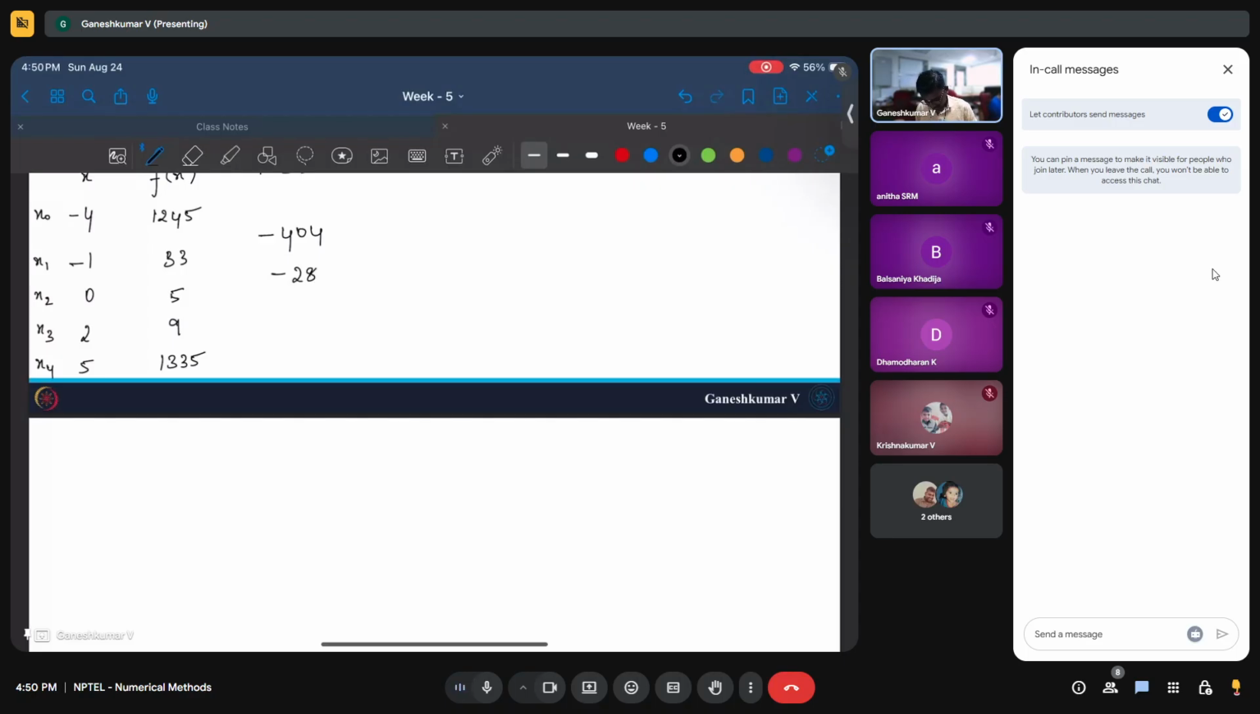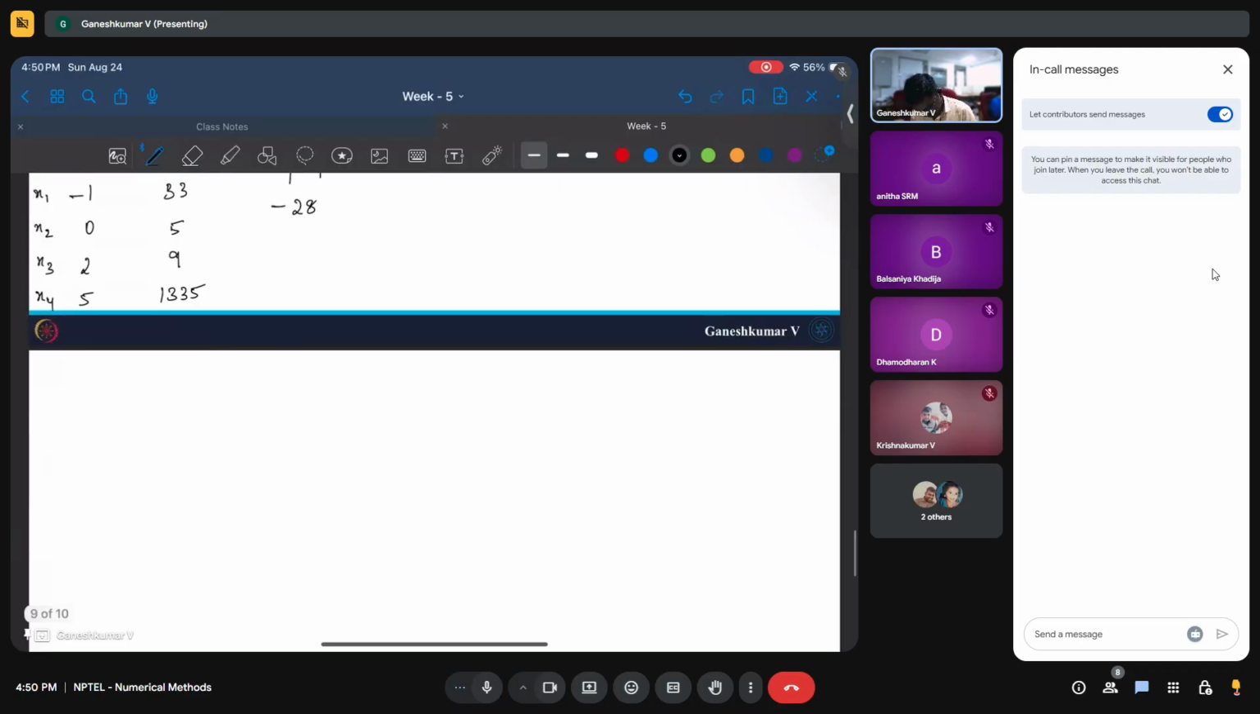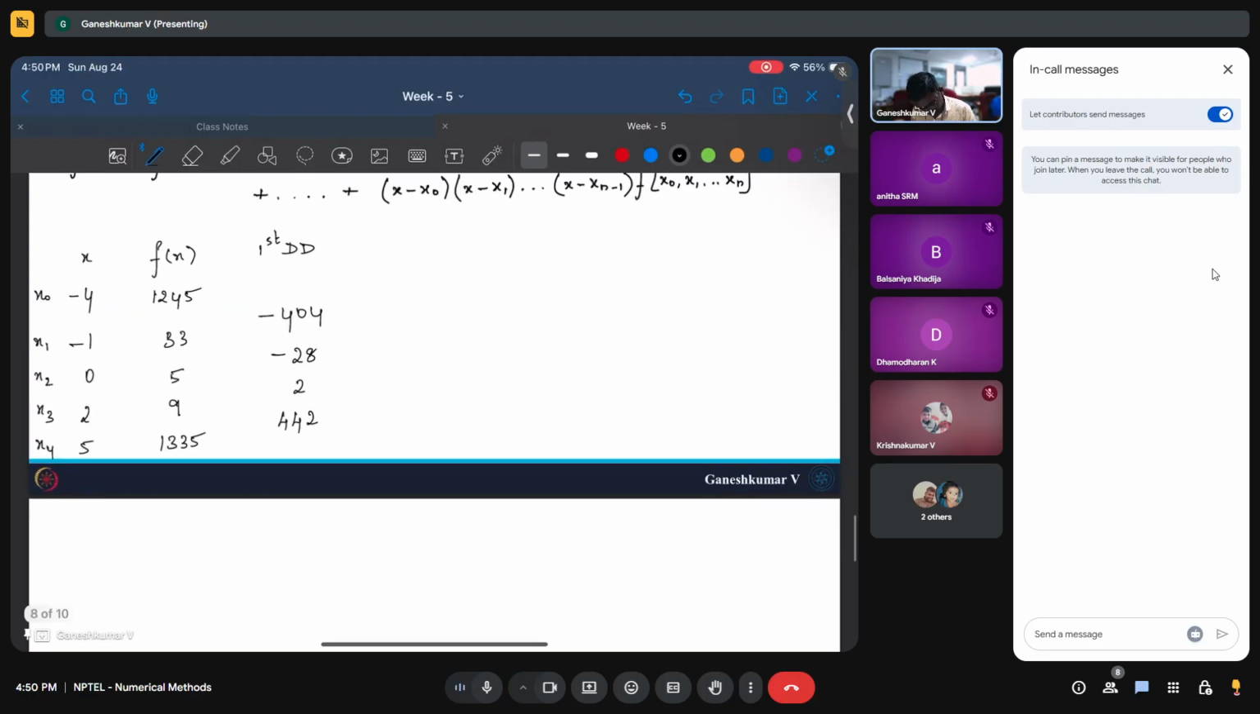And 9 minus 5 divided by 2 is 2. This is 2. And 1335 minus 9 divided by 3. This is 442. Okay. This is the first divided difference. And now the second divided difference. This is going to be this minus this divided by this minus this. Okay. I think in that way it is better if I just write it